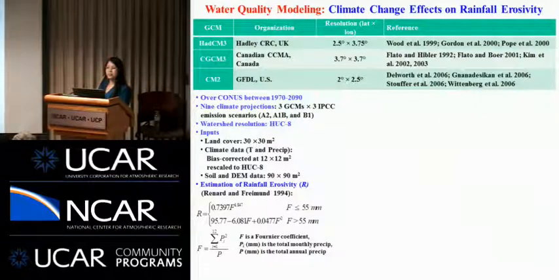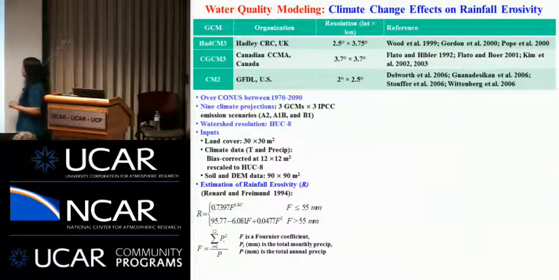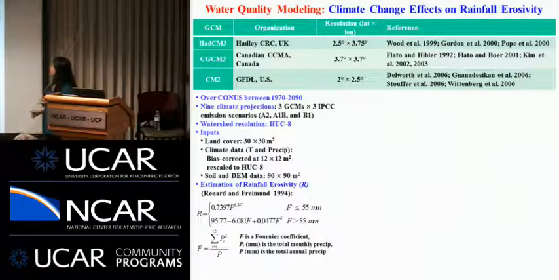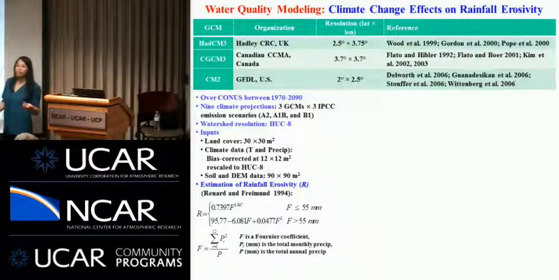Then this one shows a couple of slides from our water quality model. In this case, we still use the other 3 climate models because our CESM model results are not yet available. Once they're available, we are going to replace those existing climate model results. We use 3 sets of climate models here, developed by different countries. Each model has 3 IPCC scenarios: A2, A1B, and B1. Then total 9 scenarios. And the goal is to evaluate the impact of climate change on soil erosion, which